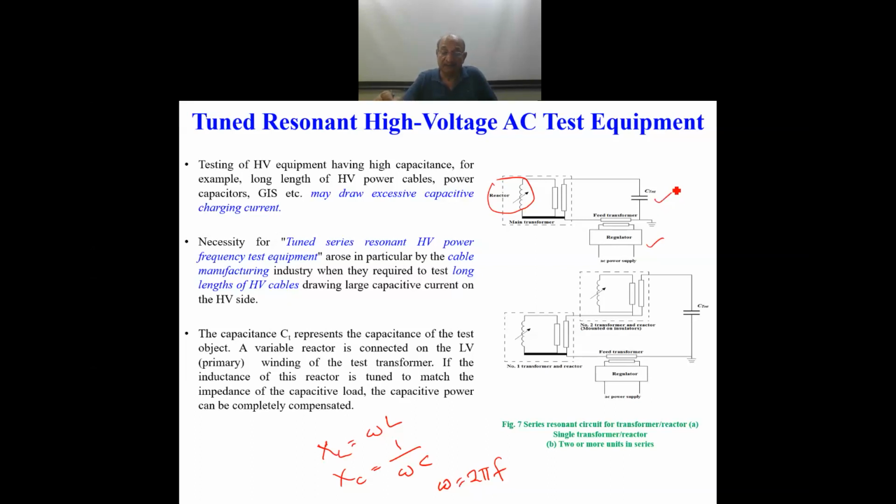So by providing an adequate value of the reactor, you can get a reasonable magnitude of the current delivered by the test set. You can also connect two variable reactors, as you can see in diagram B. Two or more units in series are connected. So this is one and this is the second unit, connected in series, and the units are identical. They are connected in series to provide the voltage to the test object, and again the primary voltage is